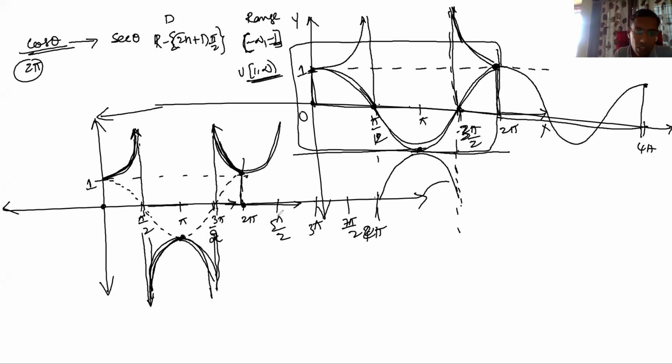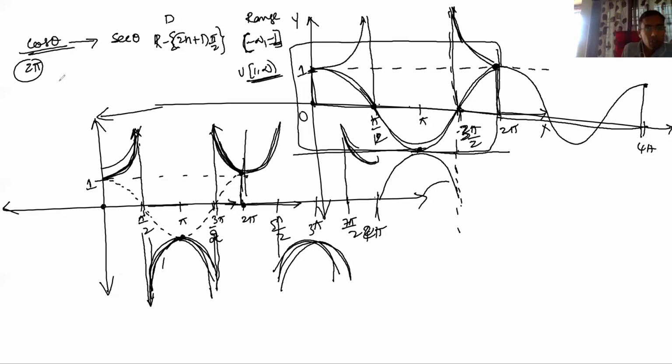Okay, so then in this interval again it will be like this. Again it will be like this, again like this, and then it's going to be like this again. So that means what? Same graph, whatever graph you got like this one, here also you got the same thing. So this is the graph of secant. So secant theta graph is like this, very simple graphs.